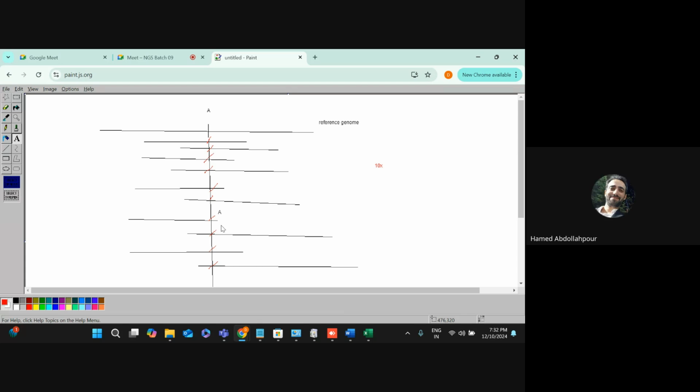Yes. You mean the coverage? Not the coverage, sir. Coverage is different from the depth. Depth means how many times the base was read by the machine. So you can see here,